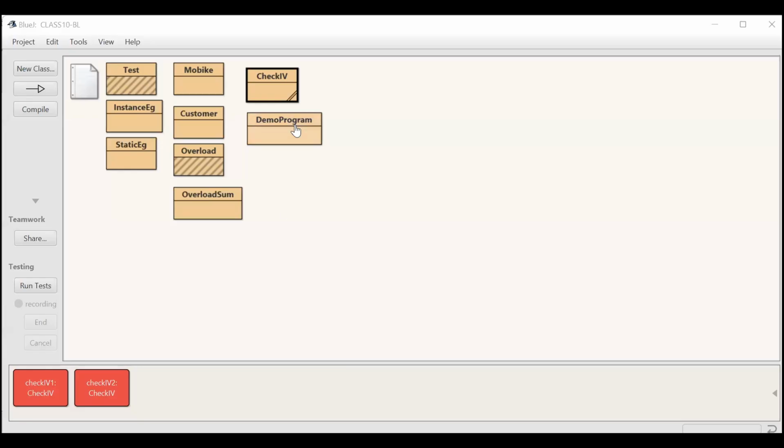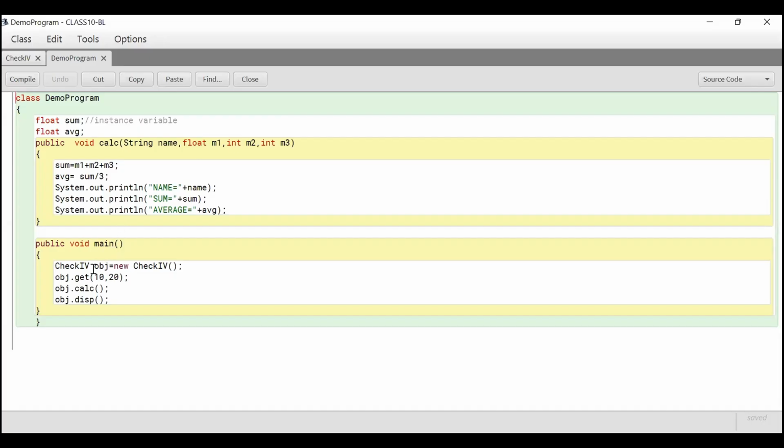Yeah, this is your demo class here. Here I'm trying to call the method of check IV in demo program. This is a different program. I will just show you how we can call methods of one class into another. Now, if I want to call methods of check IV in demo program, I have to first create object of